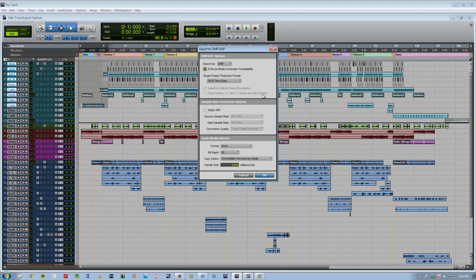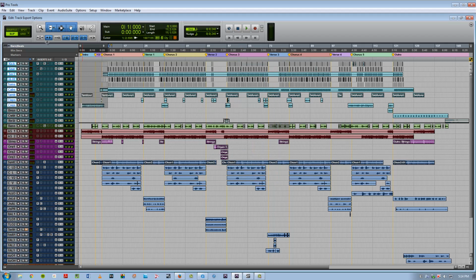So we have this dialog here. You can choose one or the other. Then you have a whole bunch of other options that have to do with your particular needs for this session format to be. Now, for the other feature, export tracks as a new session, I will select the drums only